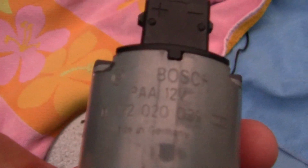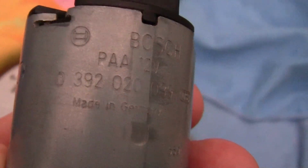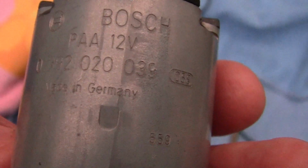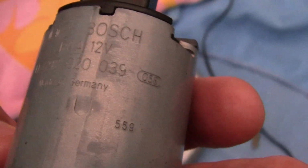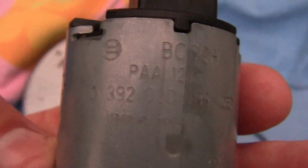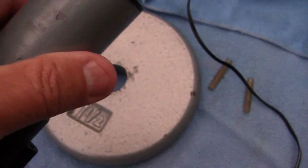let's see if I can see if there. Look at that, made in Germany. Now that's what I want to hear. Made in Germany. It's 12 volt, but I'm looking for ohms and watts and things like that, and I don't see any. Alright,